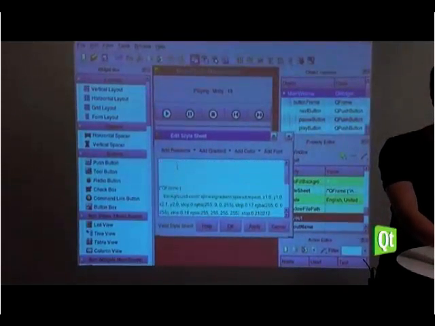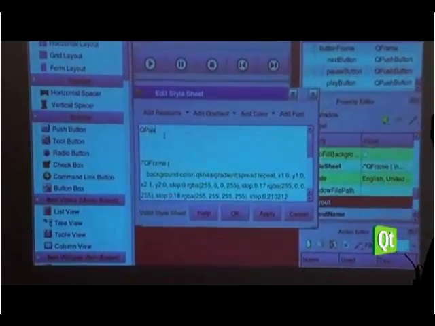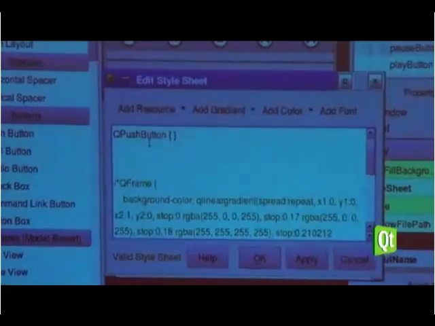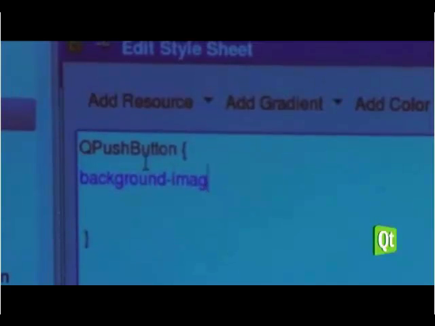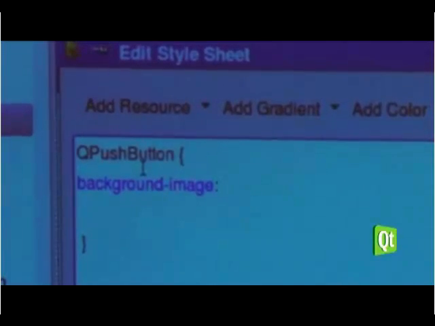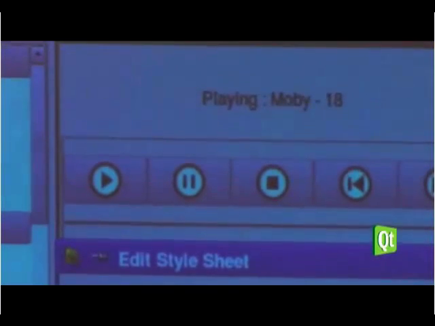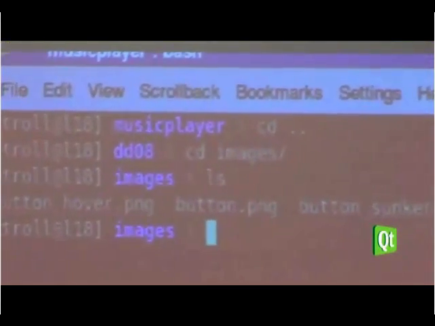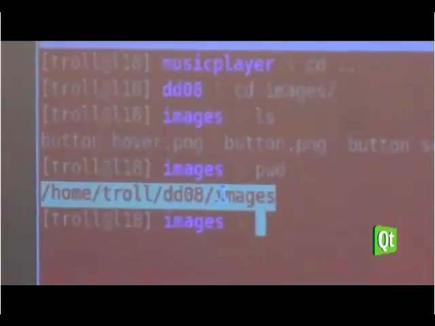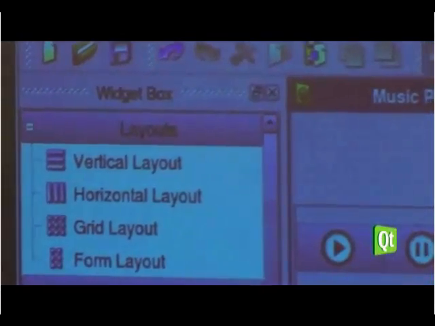Another thing you may like is the background image. You have to pass an URL. So I will just copy